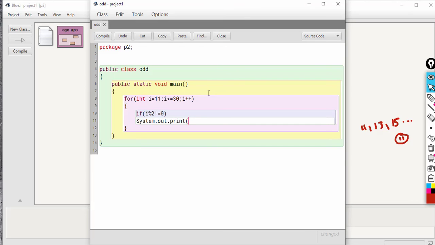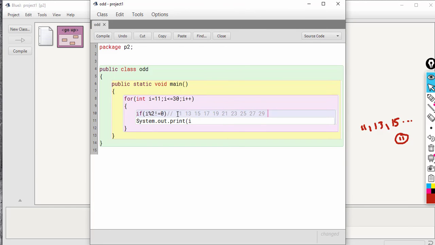Okay, we can use the print function, then we can print the value of I. This SOP will be executed when the value of I reaches 11, then 13, then 15, 17, then 19, 21, 23, 25, 27, 29.